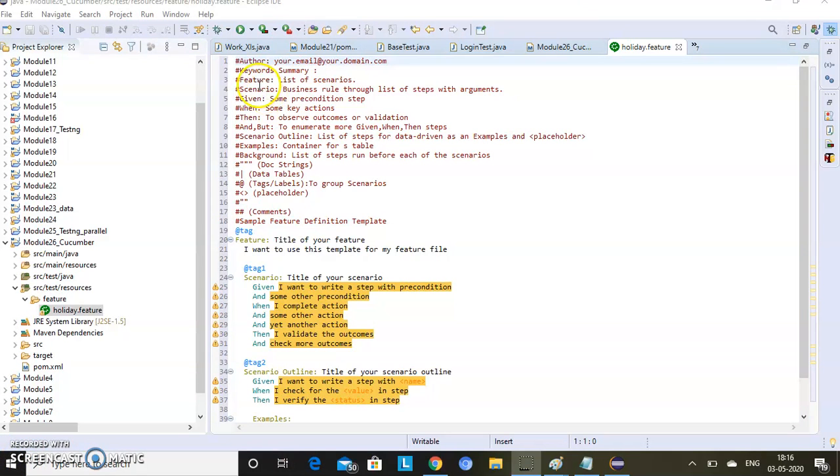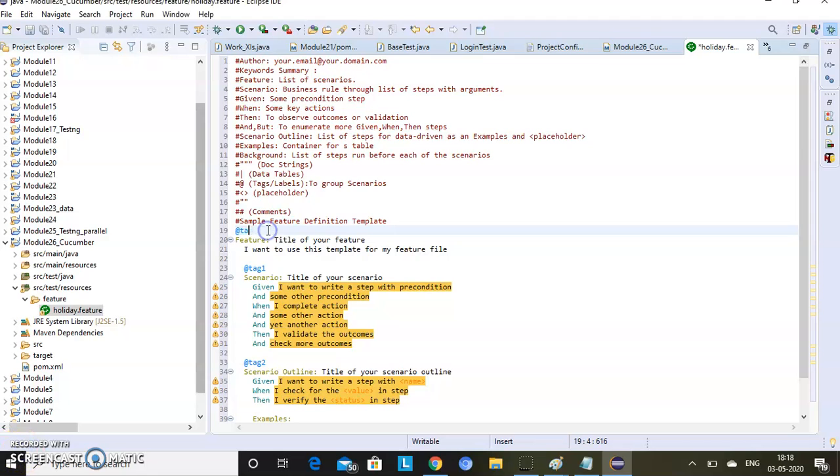So as soon as you make this feature file, you will have something like this. These hashes are comments, but the main story starts from the hashtag. Here you need to explain what your feature file is doing.